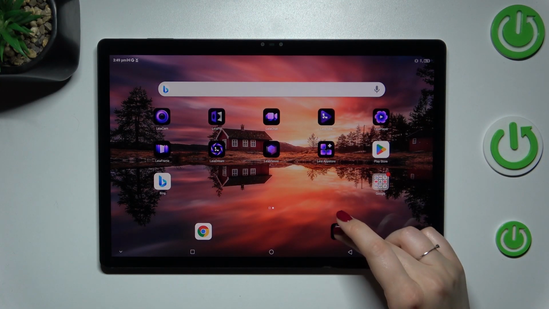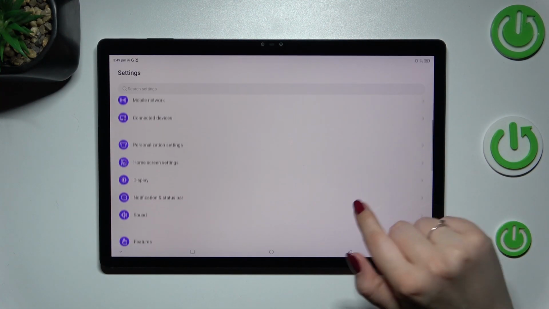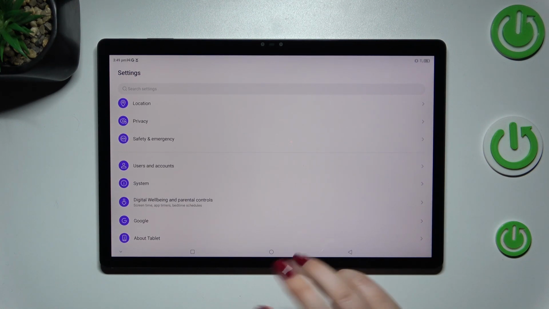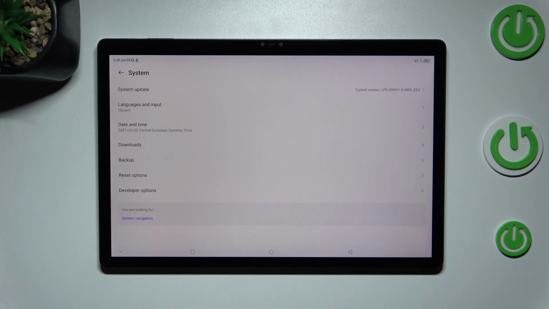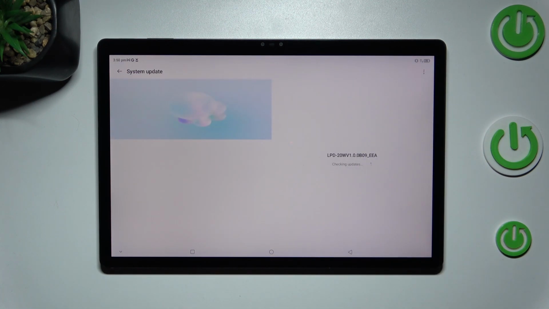So let's start with opening the settings, and here we have to scroll down to the very bottom to find the system option. Before we enter, make sure that you've got the internet connection, it is required, and after that enter the system. Here at the top we've got the system update option, so let's tap on it,